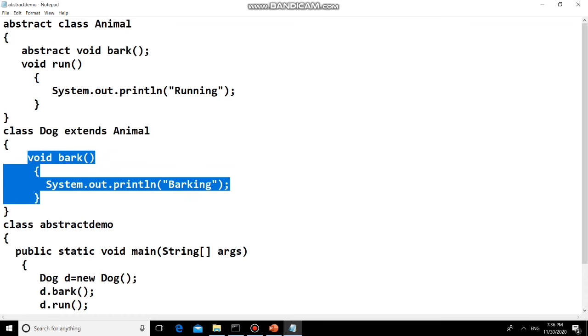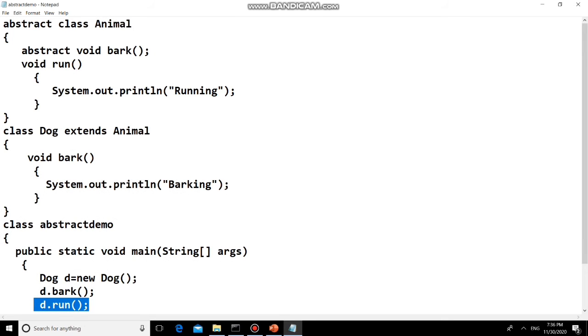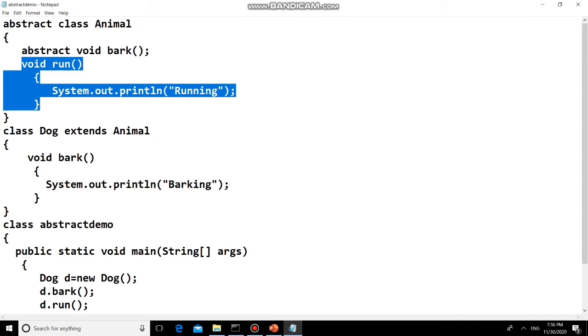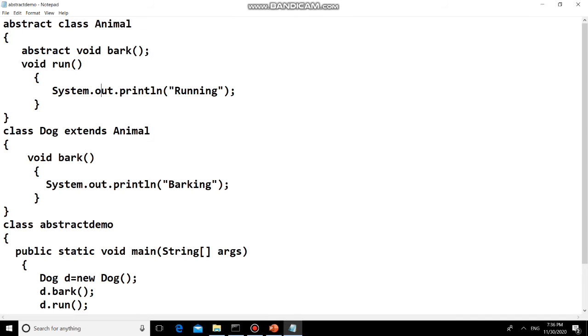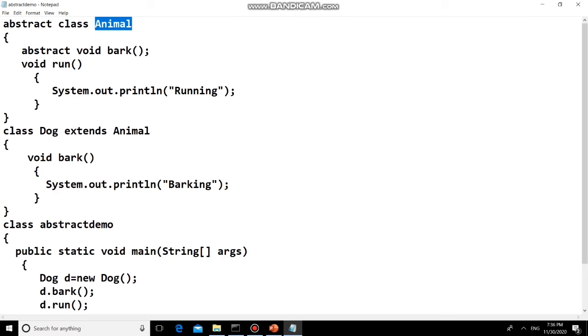Then d.run, so I can also call the run method, which is a non-abstract method. How am I calling this run method? Because it is a non-abstract method defined in the Animal class, which is an abstract class, but Dog is extending it, and you know that a class that extends another class can acquire all the properties of the superclass. Here Dog is the child class and Animal is the parent class, so Dog can acquire all the properties of Animal.